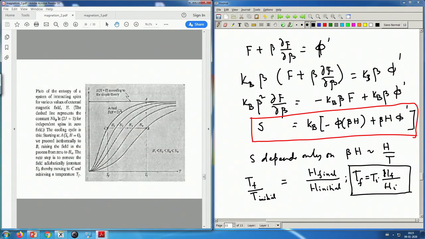And this is how it is actually done. So, this picture is already quite nice. Let me just follow this picture. What one does here is that this is the entropy versus temperature plot. You have several curves